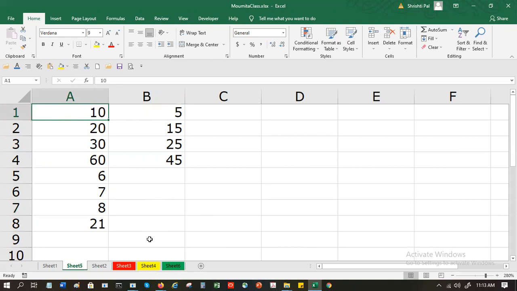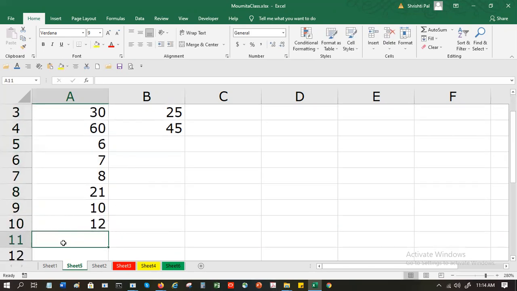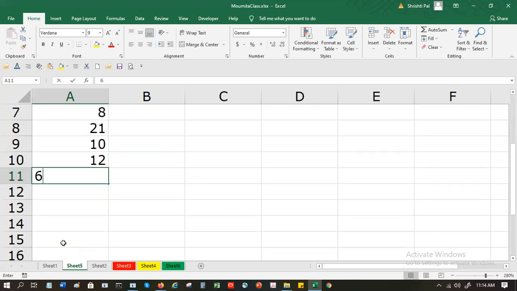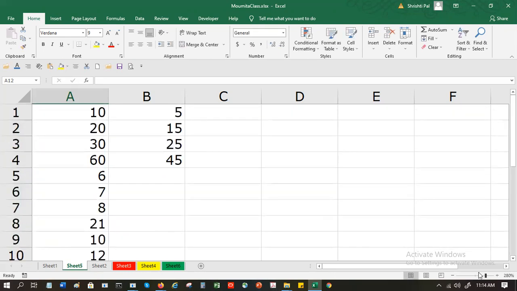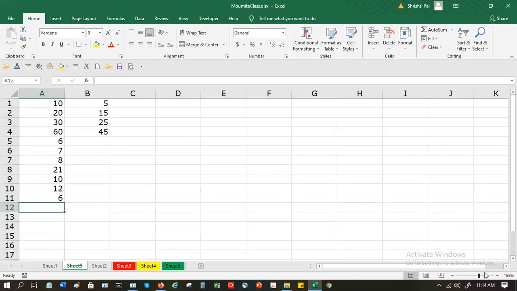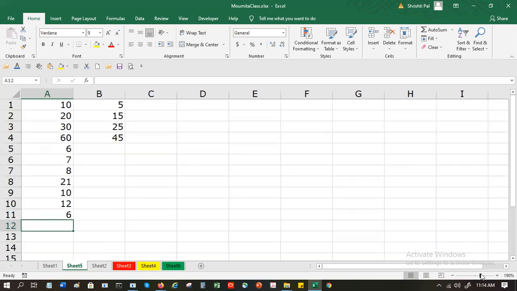Or what do you normally do? Let's say you are given these values, these cells. How will you find which are duplicate? Let's say I'll put one or two duplicates also. One way is you will sort it out and then do a visual check to see which is duplicate, right? But that's a painstaking thing, because if you have an Excel sheet full of data, how on earth are you going to do that?